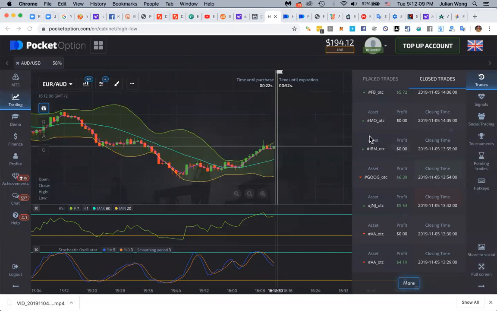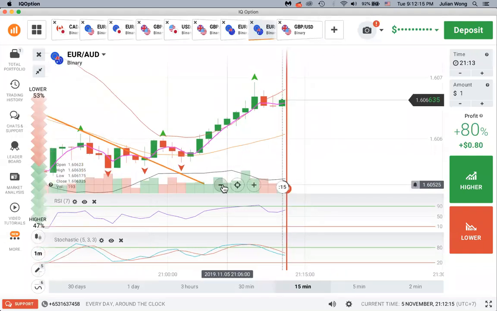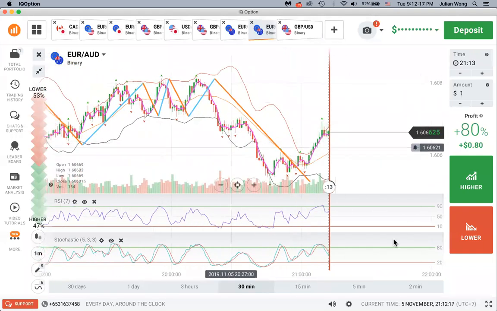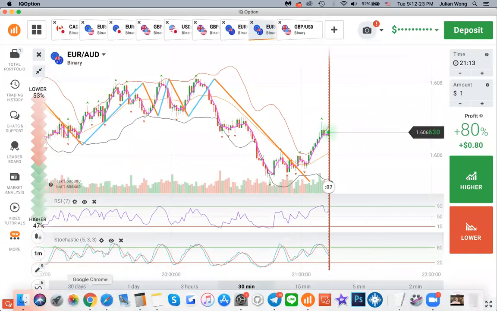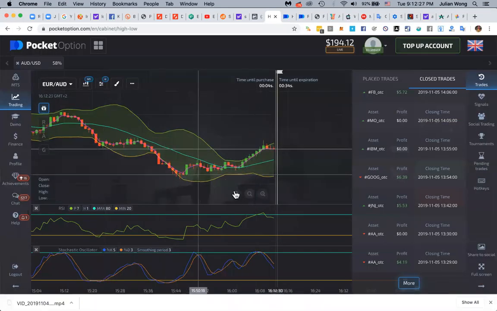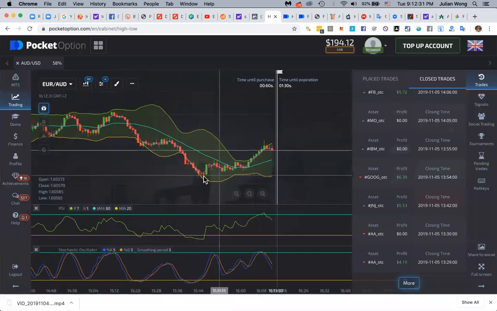It's kind of interesting because over here, I've done the same setup as I would on IQ Option, and first of all, you can have this comparison. Over here, they tend to zoom in quite a bit, but over here in Pocket Option, they don't zoom it so much. You get a more realistic idea of what the market really is, so you may not be so tempted to take certain positions.